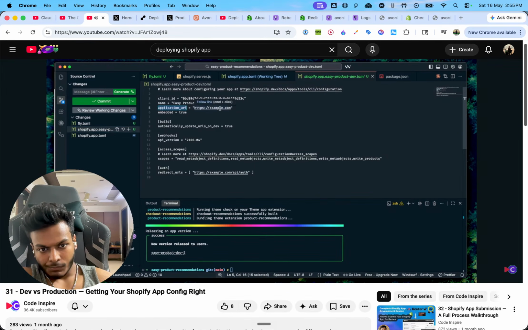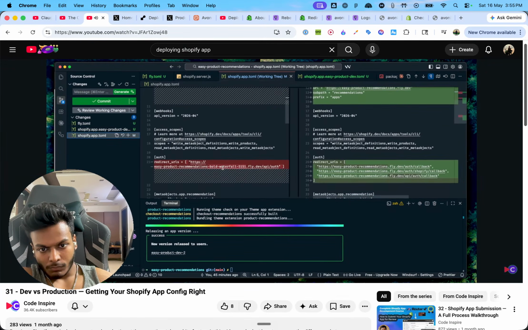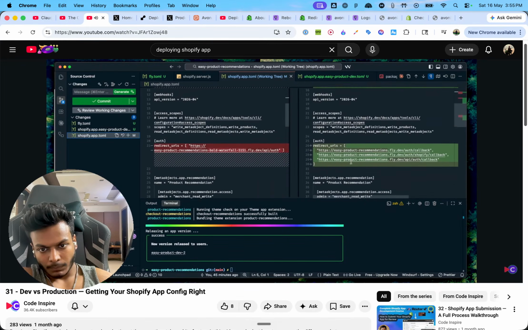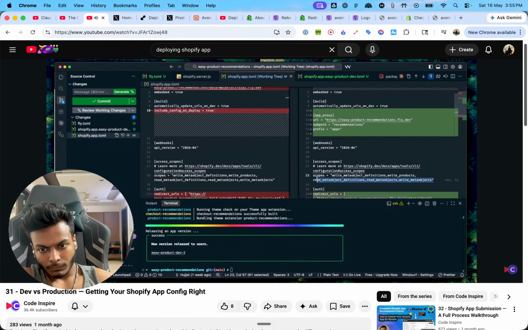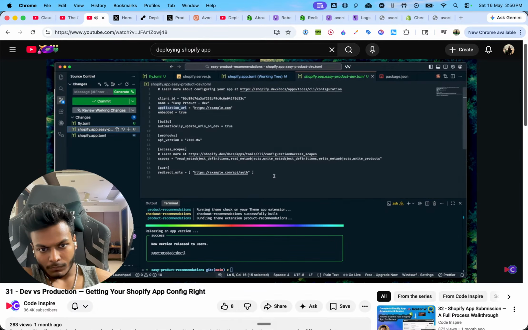Application URL, let's put that as example, that's okay. But in here, this is what you need to do. You should come and copy the scopes. Where is the scope? This is the scope that I need to copy, and you have to put that in your app as well. Okay, I think it did copy some of the scopes, but the only thing that it does not have